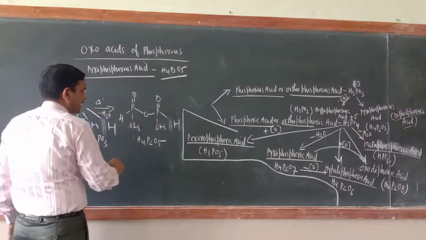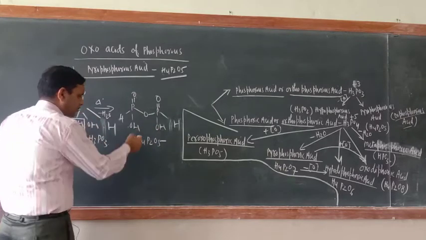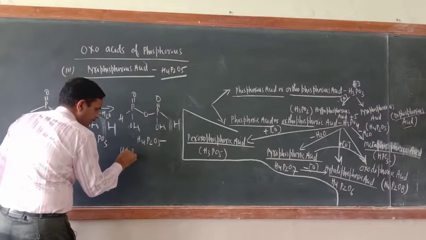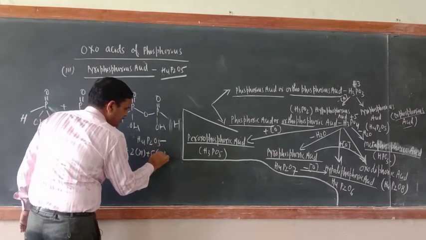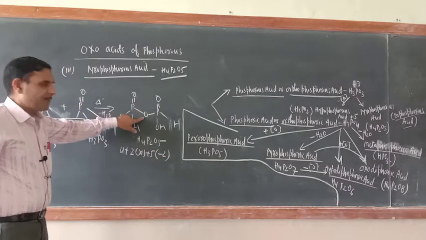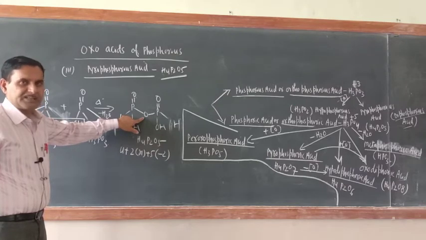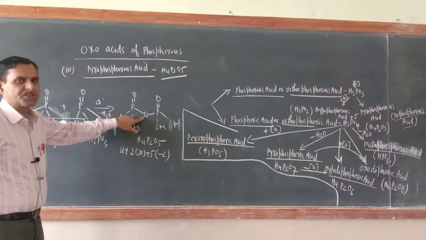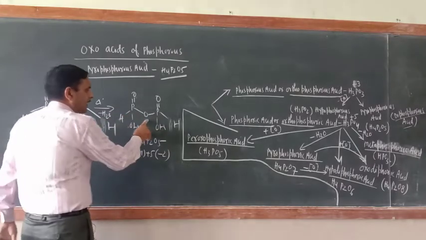Now just check here. How many OH bonds are there? 2. 1, 2. So first check the oxidation state. 4 hydrogen means plus 4. Here what is there? 2x plus 5 times minus 2. Just remember, if a single bond between oxygen and oxygen is there, that is a peroxide bond. In a peroxide bond, the oxidation state of oxygen is -1. Here it is not a peroxide bond.